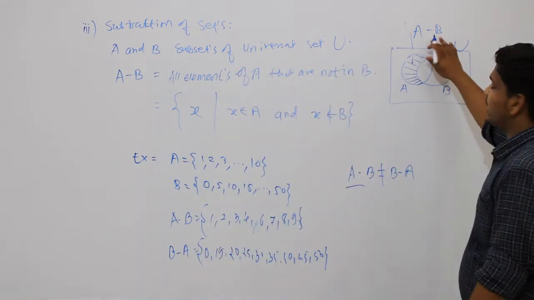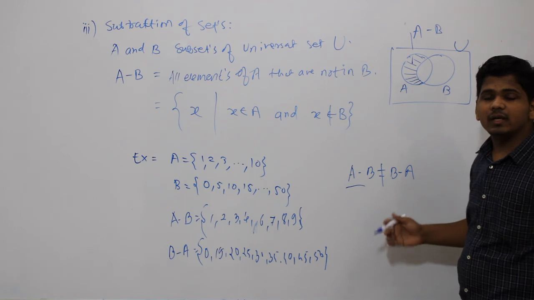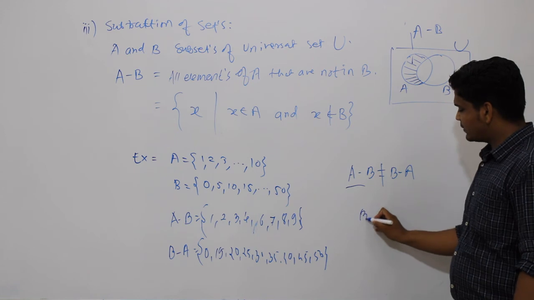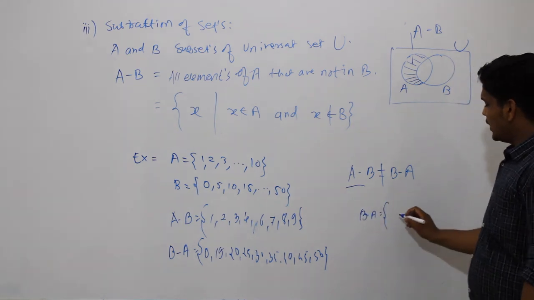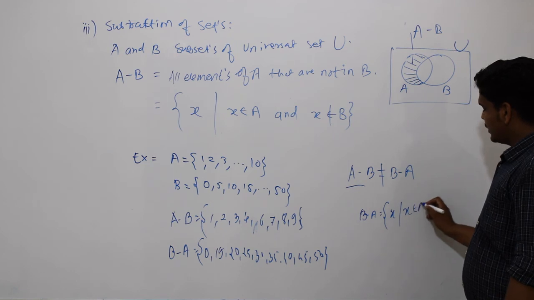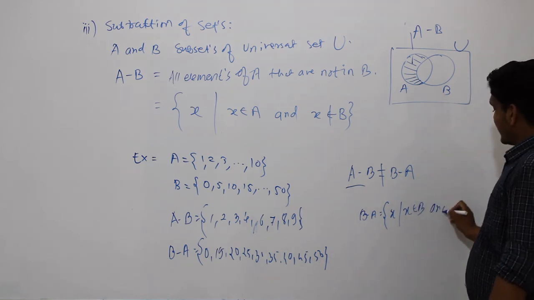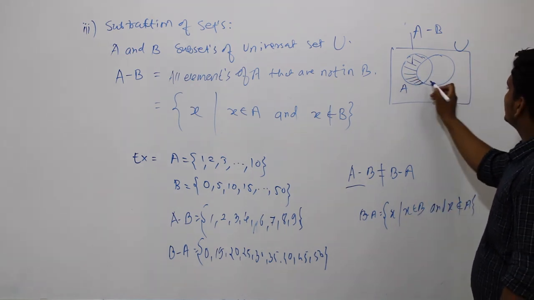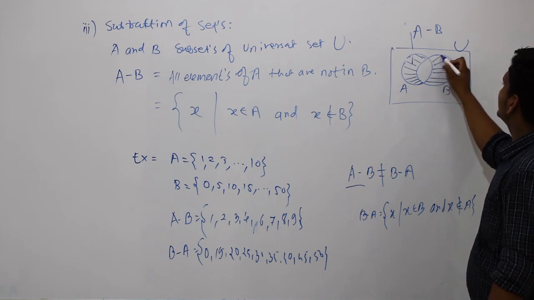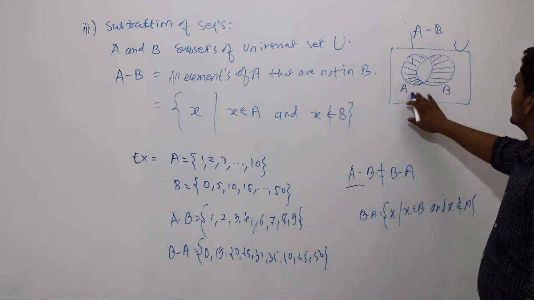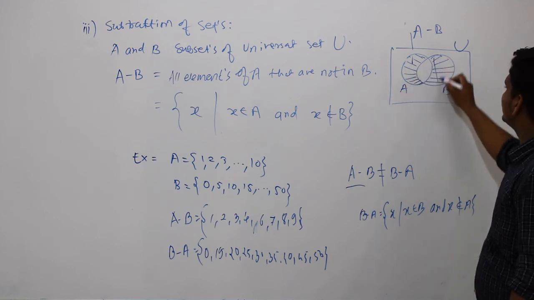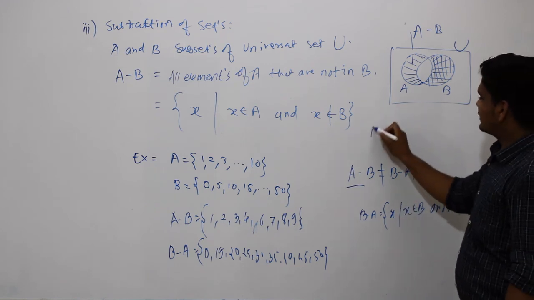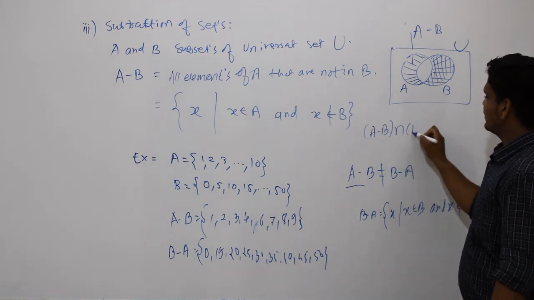Now look at it. What is my A minus B? Here it is, A minus B. Now go for B minus A. What will be my B minus A? B minus A is nothing but all elements X of B such that X belongs to B, and that X must not be in A. Okay, means I will consider elements of B that are not in A. Now these are elements of B that are not in A. Okay, you can observe it here carefully. Your elements of B that are not in A are nothing but these elements. Right? Now from the Venn diagram, you can see this as A minus B intersection B minus A